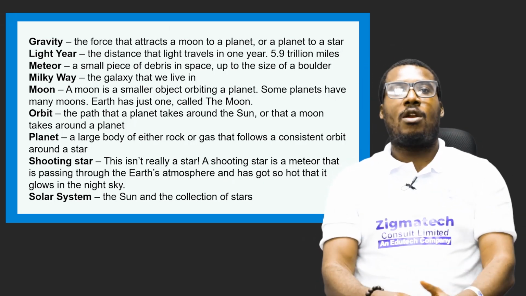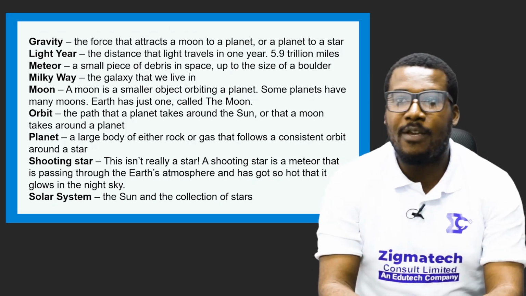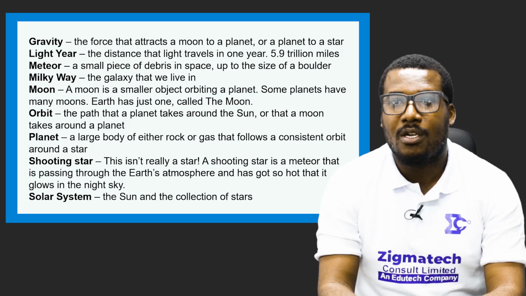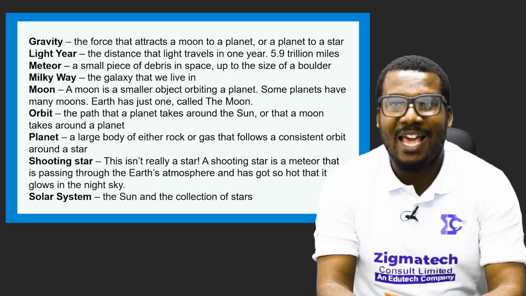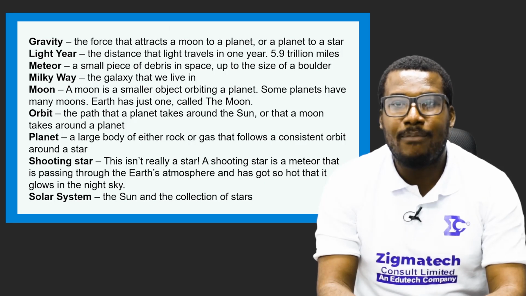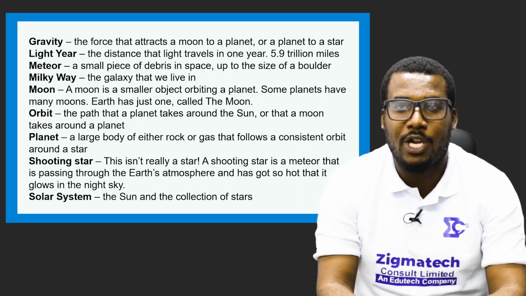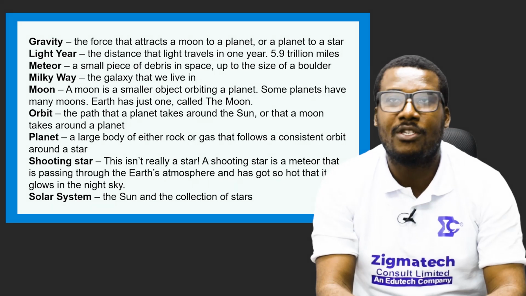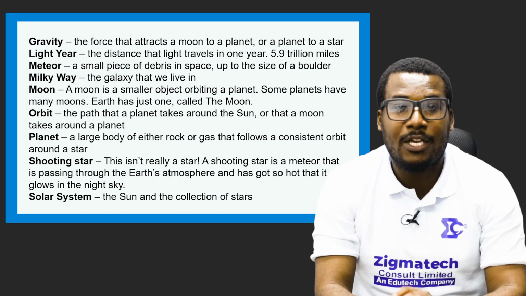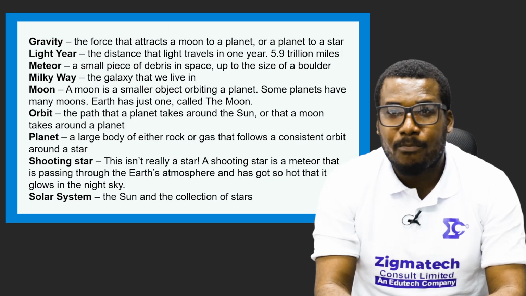Then we have the meteor. Meteors are like asteroids, but smaller. Meteorites are small bits of debris in space, up to the size of a boulder, a very large rock. So not as big as a mountainous-sized asteroid, but big enough to cause harm. We usually have meteor showers in some parts of our planet, where smaller debris pieces fall on our surroundings. This has led to some catastrophic accidents in the past.